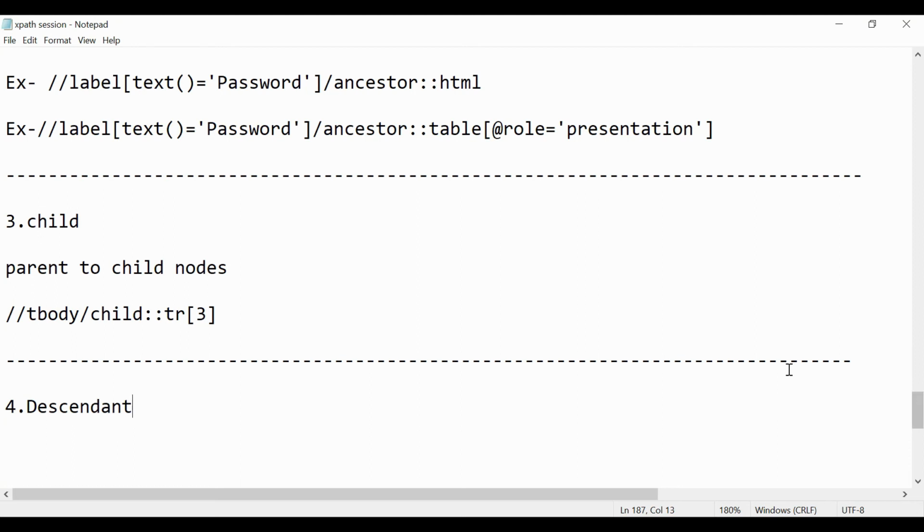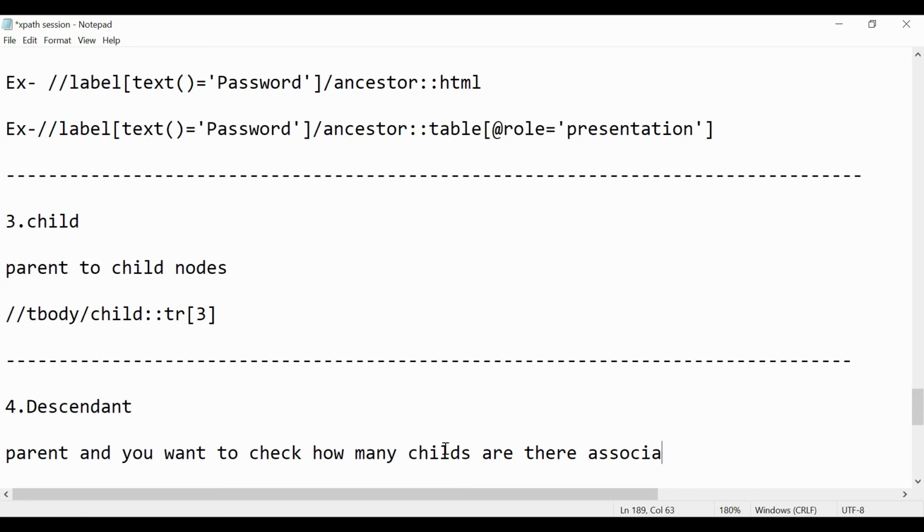Descendant means, if there is a parent and you want to check how many children are associated to it, not only children, but it can be grandchildren, and so on.